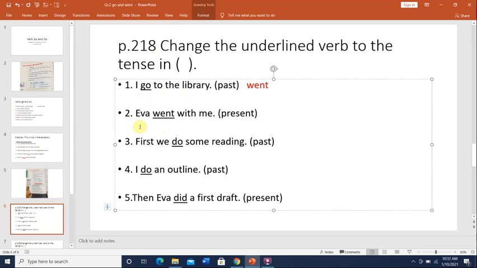Okay. Number 2, Eva went with me. Where did she go with me to? She went to the library with me. So the underlined verb is went, and he wants you to change it to the present tense. Okay, so